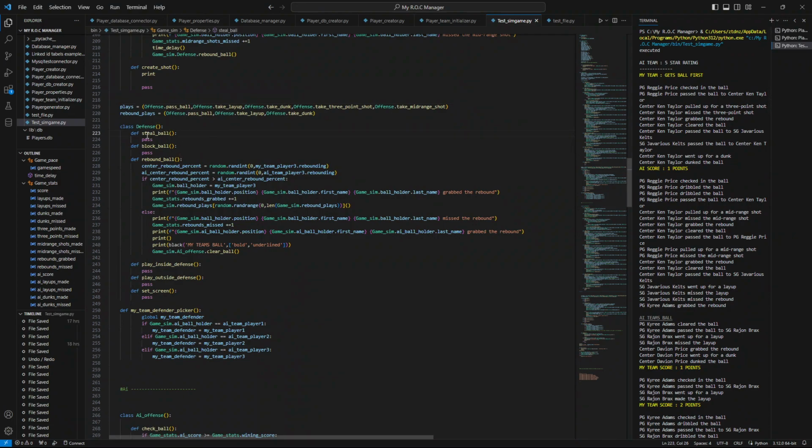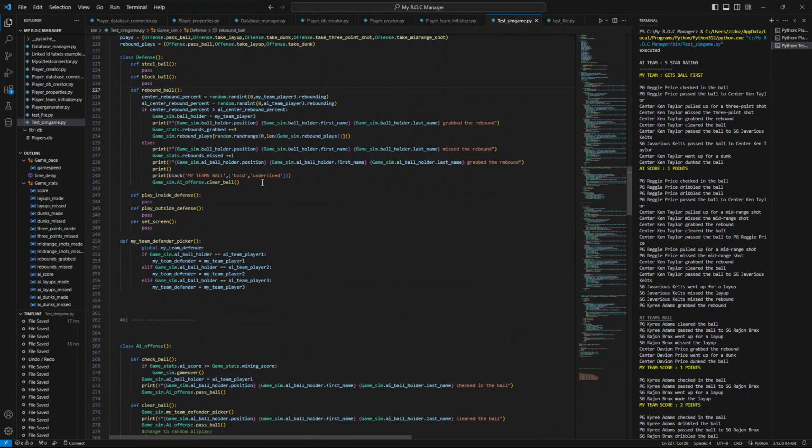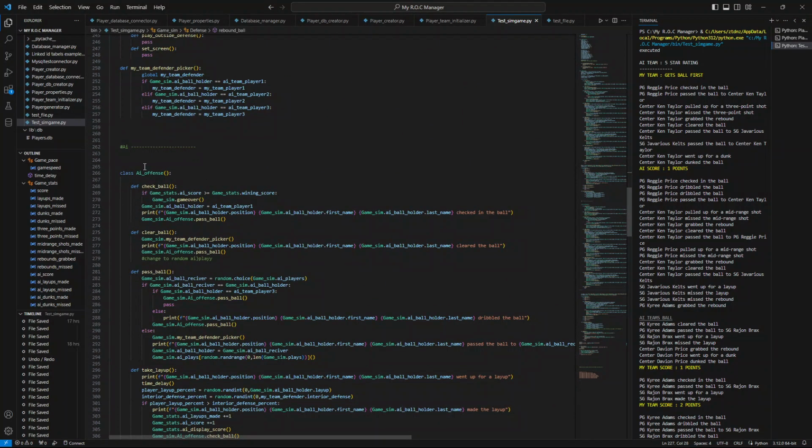But we also have defense. We have steal, ball, block, rebound, and these three. And I'm not exactly sure what all I'm going to add, but like I said, I'm going to be adding a couple more functions and different things that you can do, plays, I guess you could say, that you could do on offense and defense for both teams. So that's just a little bit, and I also have the AI, and the AI is literally the exact same thing